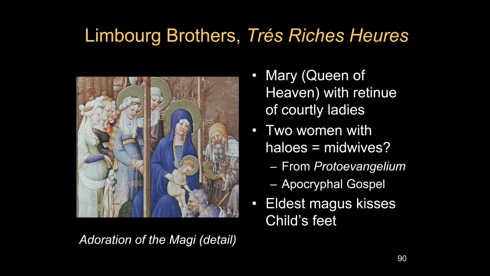Well, who could those women be? In the Proto-Evangelium, Mary is in the stable. She's about to give birth, so Joseph goes out to look for some midwives. And he brings 2 midwives back. Well, Mary has already given birth by the time they come back. And so, they're going to do whatever they can to help after the birth. But she tells them that she is still a virgin, that it was a miraculous birth.